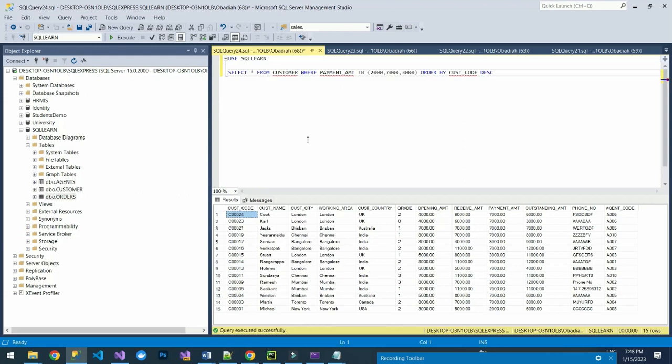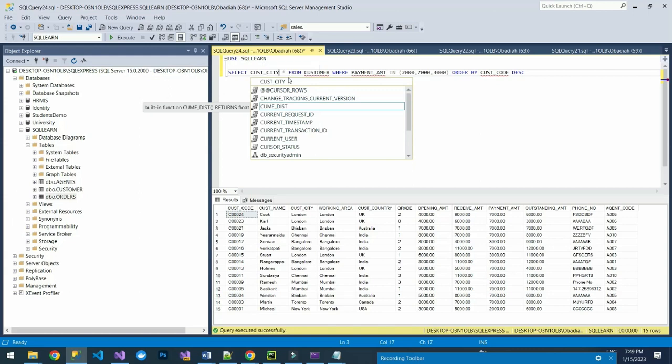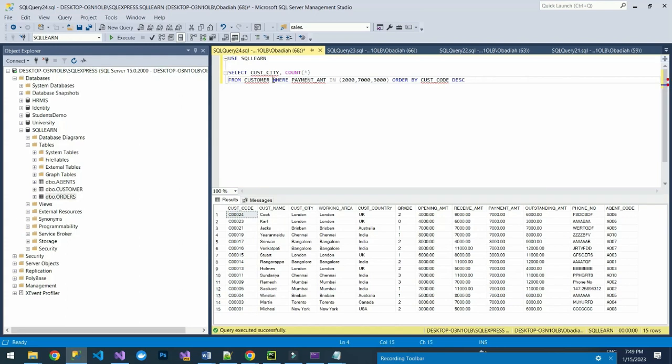So assuming we may want to count customers. Let's say we want to know how many customers are in USA, or within each city. So we can say select, we specify the city, cust underscore city. Then we want to count. So we will count each of the customers within the city. Then we do count from our customer list. Then we say where